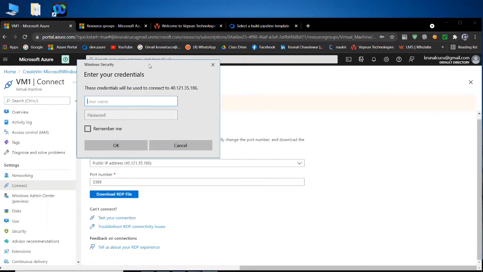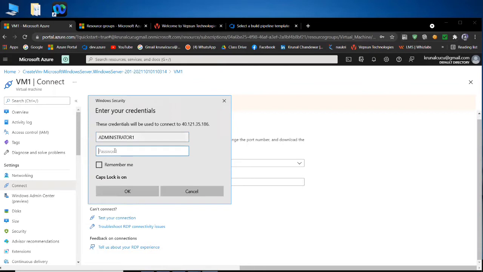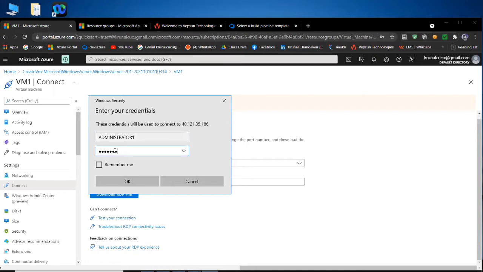We have a solution for that also, but I remember my username, and my username is administrator1. Administrator1 is my username, and my password is capital P password 1234. Whenever I press OK, I will connect.